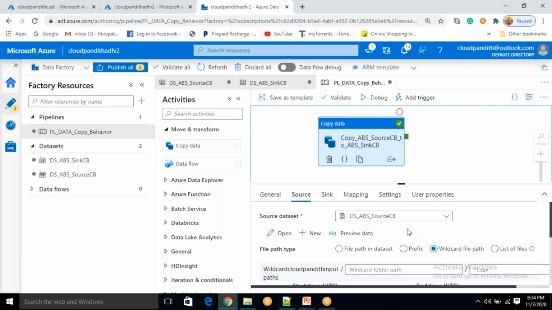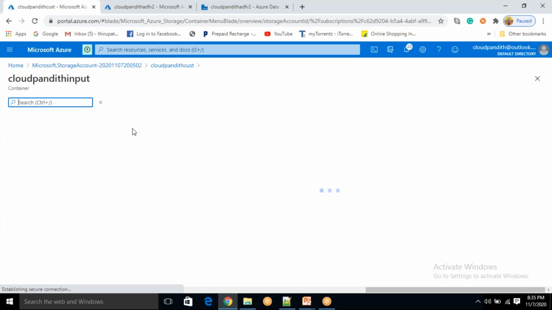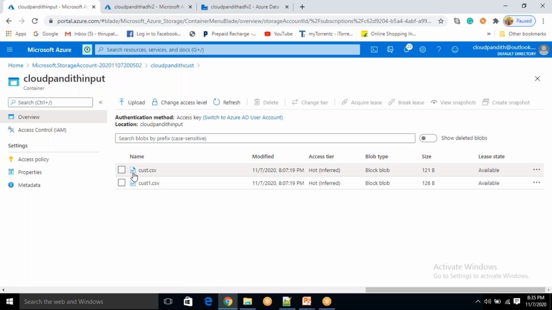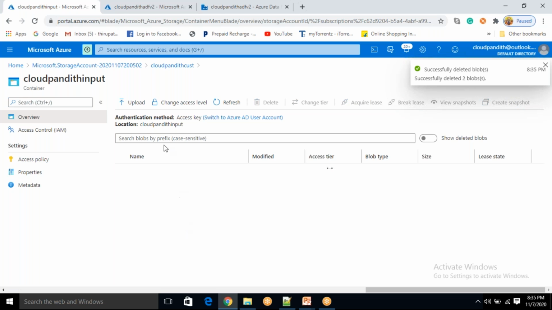Okay, everybody's clear now. Let me try out one thing that Parmesh has asked. Let's delete these 2 files, I don't want to confuse you. In the input container I don't have anything.